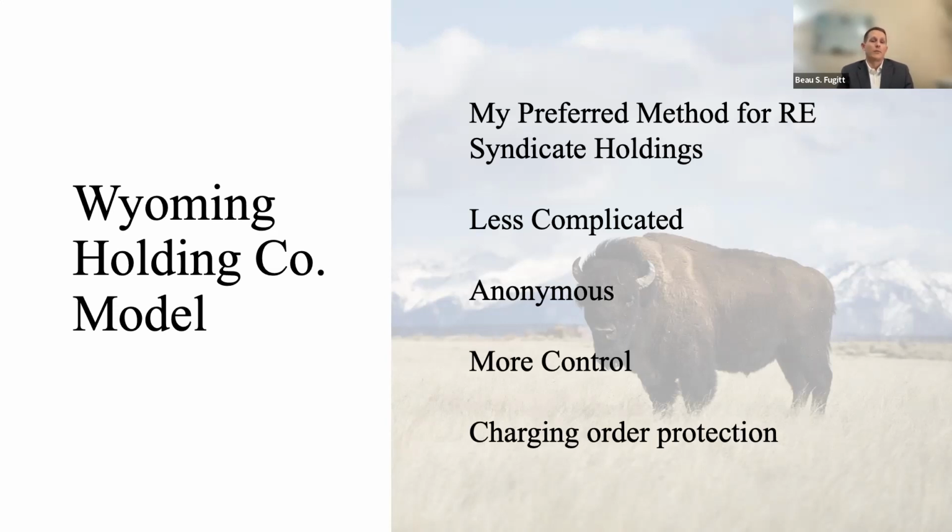It's actually written in Wyoming statute that the exclusive remedy of a charging order applies to single member LLCs as well as multi-member LLCs. So kind of in sum, the reason that I like Wyoming LLCs for the holding companies is that no one's going to know you own it, right? Unless somebody discloses it somehow, if I tell somebody or whatever the case is. You have the anonymity. And then number two, you have the charging order protection, which again means number one, if I do get sued, they're not going to get any money.